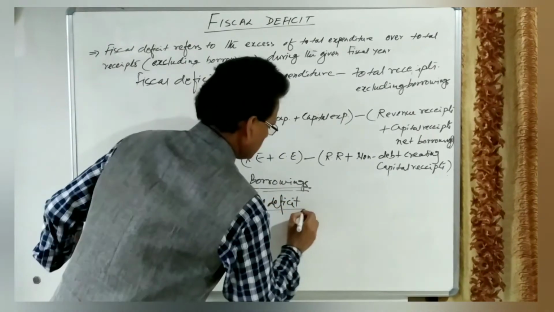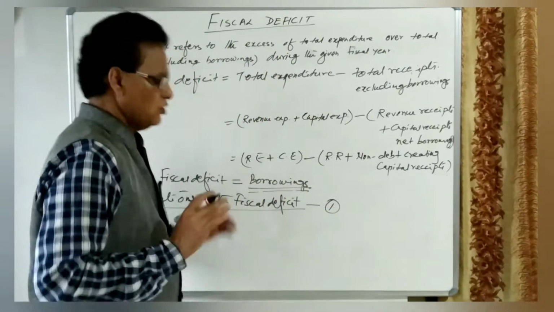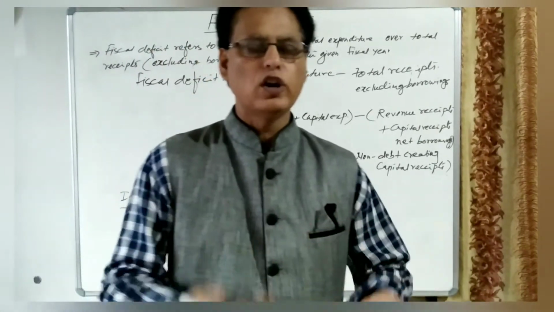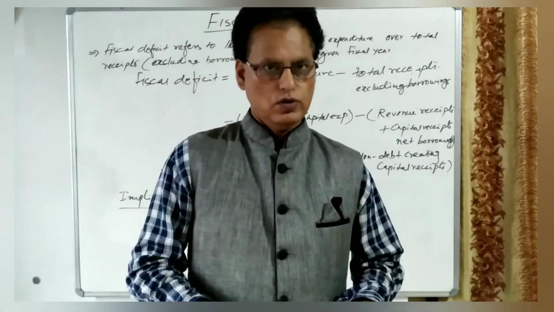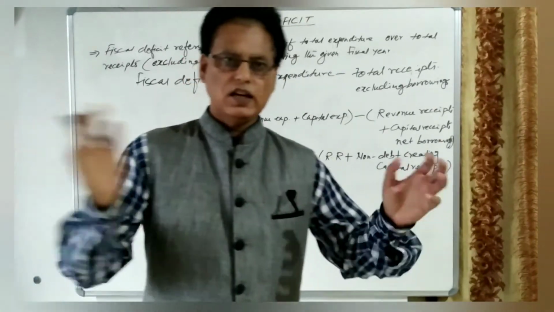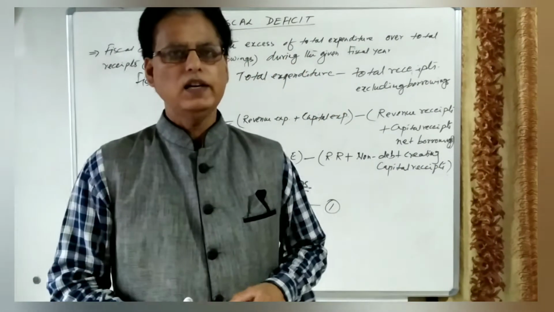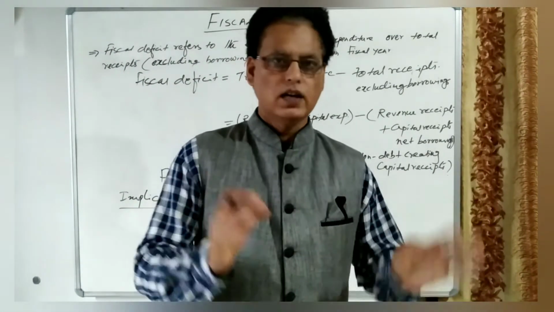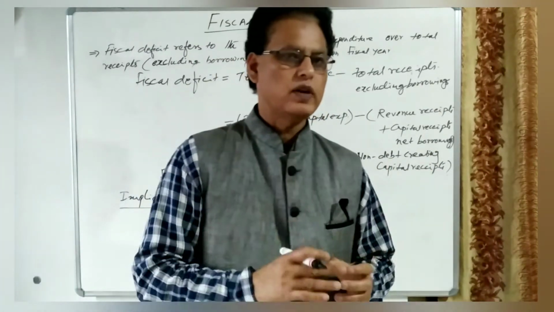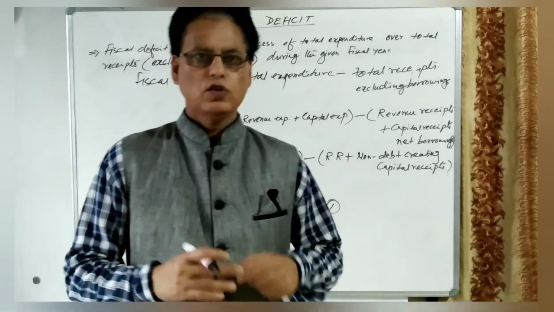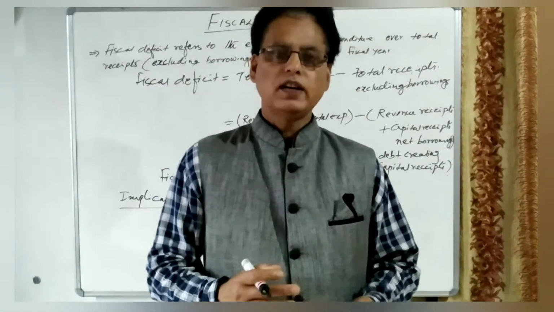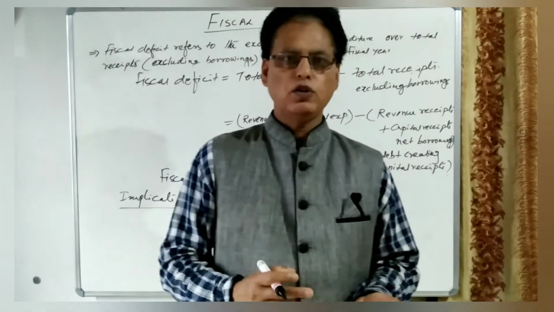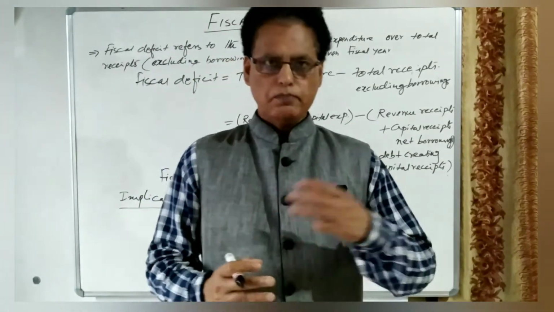So, the implications of fiscal deficit. The first implication is borrowings. In order to meet its borrowing requirements, the government has to borrow money either from the Reserve Bank of India, or from international financial institutions, or from the central banks of foreign countries. So when the government goes for borrowings, what will happen? The government will have to repay the amount. It means the government has to repay the principal amount, as well as make the payment